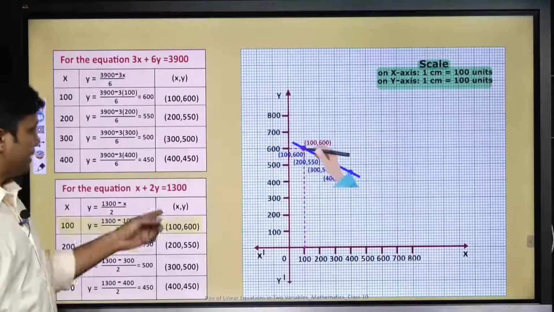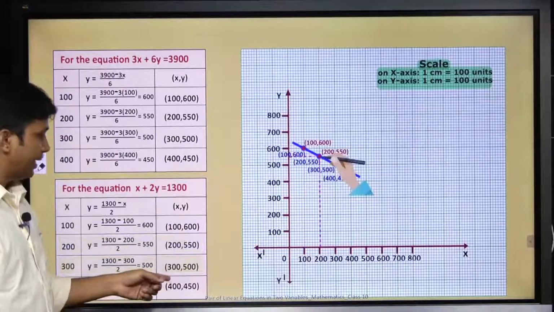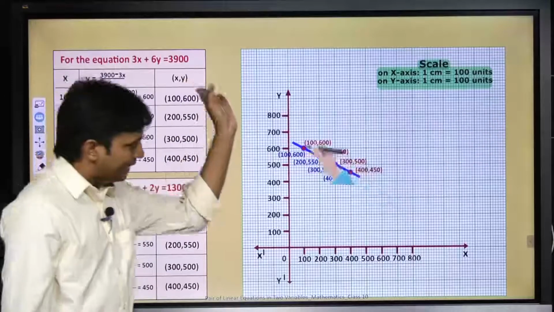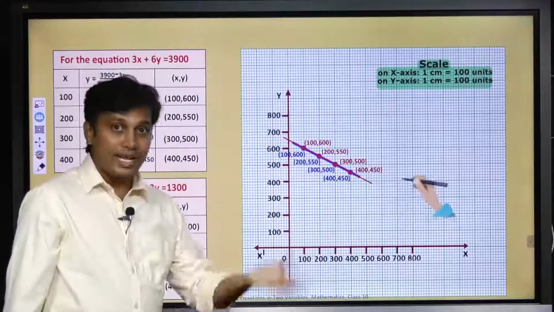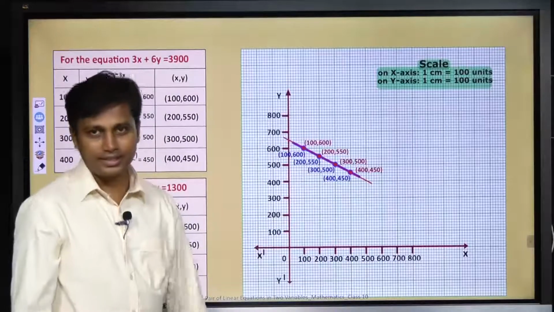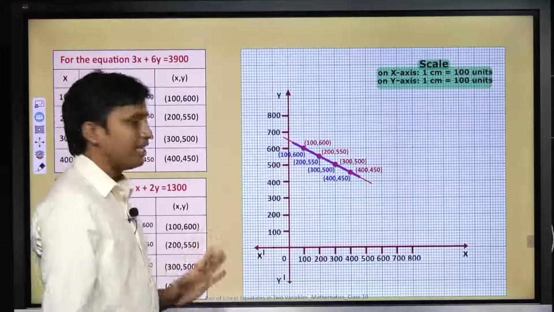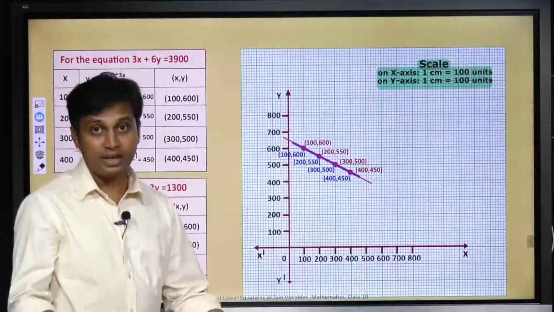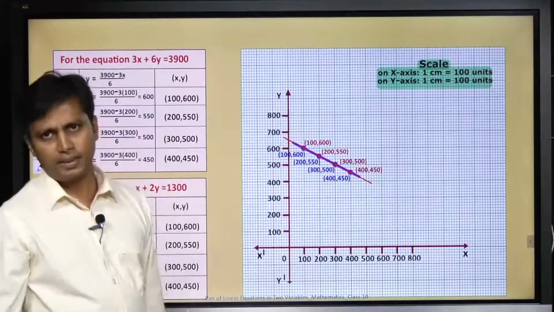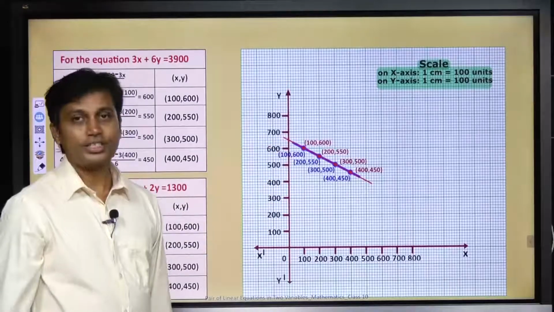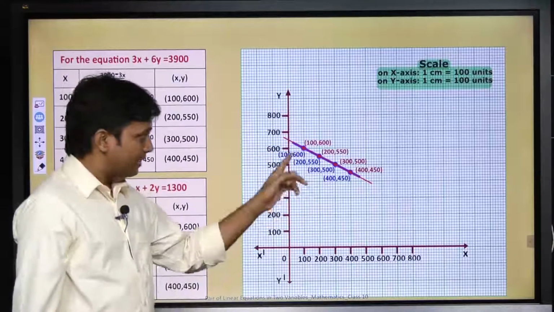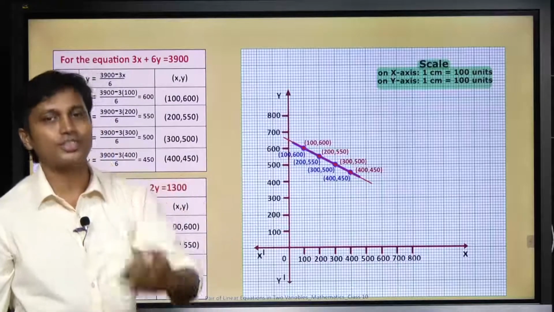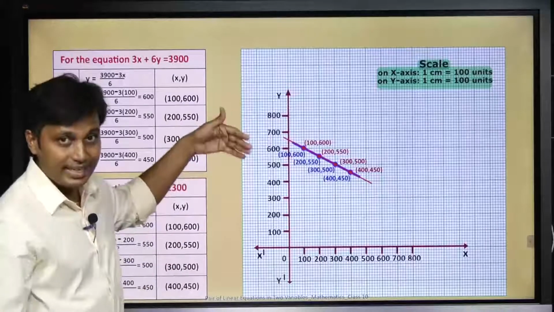The second one, the ordered pairs are again plotted and we obtain the same points, and while tracing them on the same line, it is overwritten, isn't it? So this is overwritten. So what can we say from this? Are these two equations representing two different lines or the same line? These are representing the same line, or not? Yes. So will this example verify the trains on the same track example? So this is justifying that train example.